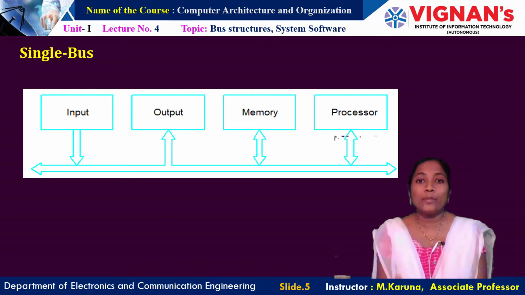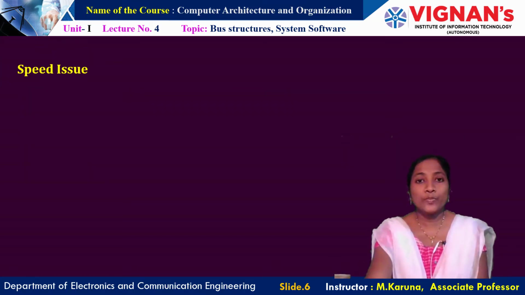Let us see the single bus structure. A single bus is used to interconnect the functional components such as input device, output device, memory, processor. This bus allows one transfer at a time, so only two units can be connected through this bus at once. The advantage of this bus is it is available at low cost and flexible to connect the computer components. Whereas a multiple bus allows two or more transfers at the same time, which leads to better performance but is available at higher cost.